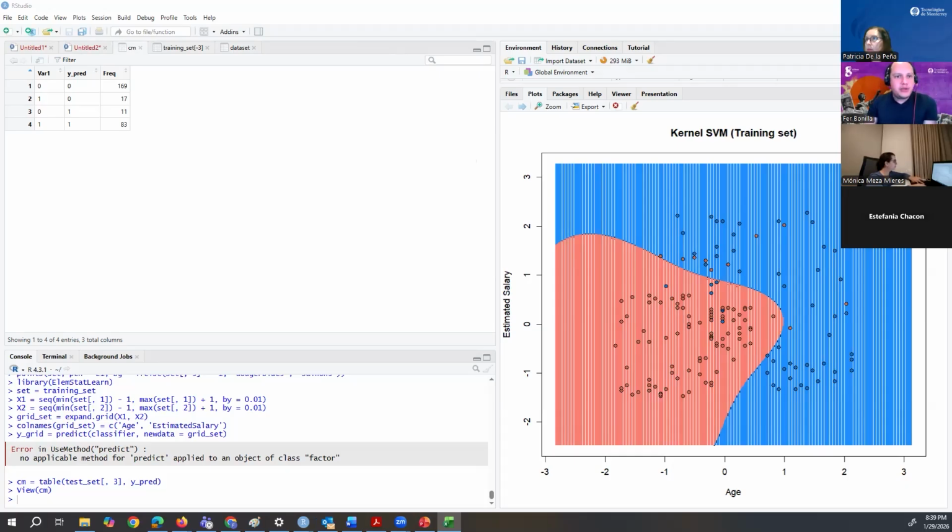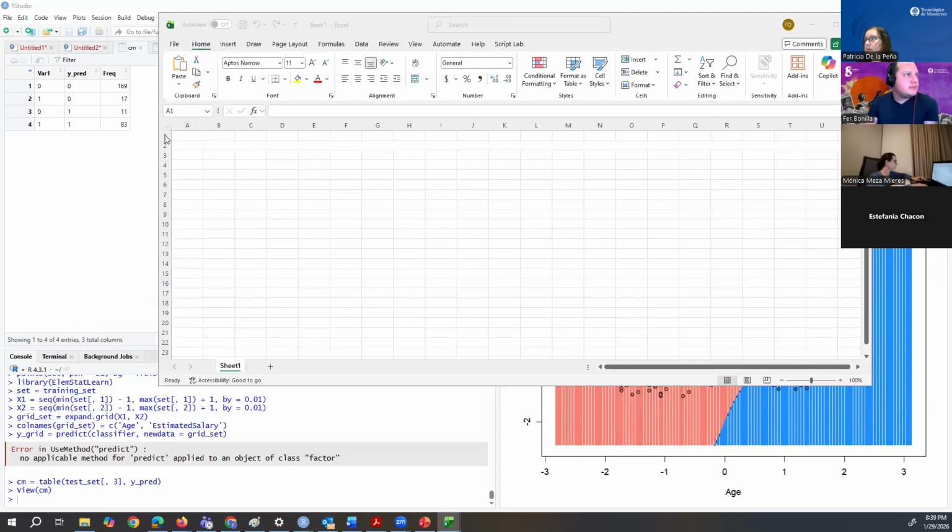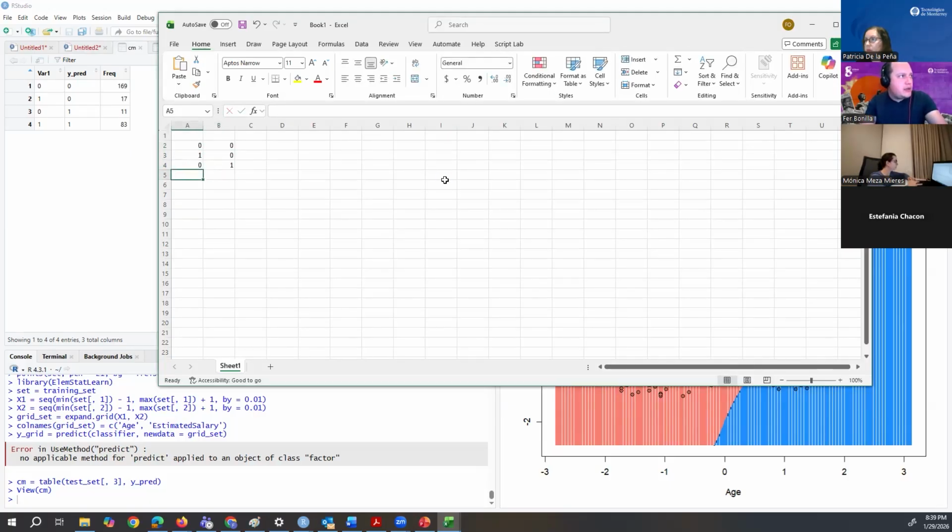Okay, in here, let me show you in Excel. Perhaps that would be the fastest approach to show it. So for instance, we have the 0, 0, 1, 0, which is the combination of all of them. 0, 1. Usually in electronics it is called the truth table, I think would be the translation. So everything that was predicted to be false is 169. Those that were predicted to be true but were actually false, so that means an error, 17. Those that were predicted to be false but actually went true, 11. And those that were predicted to be true that actually went true,